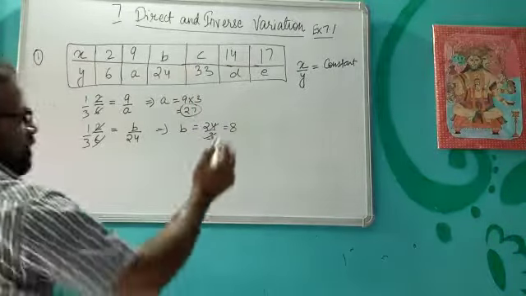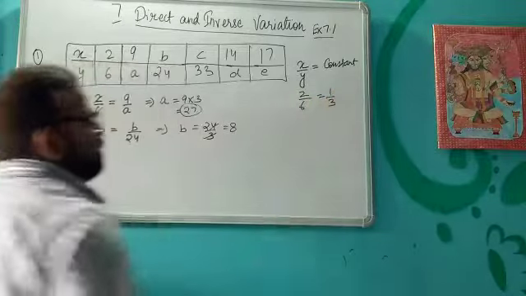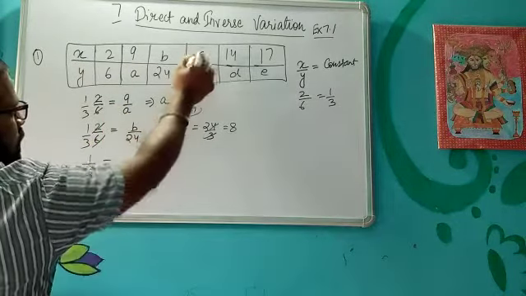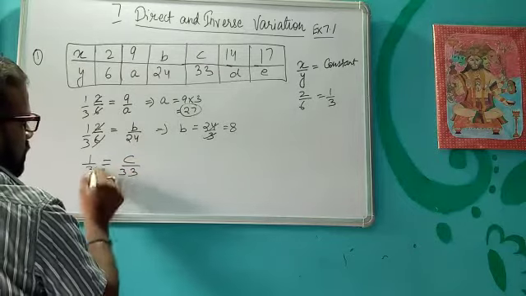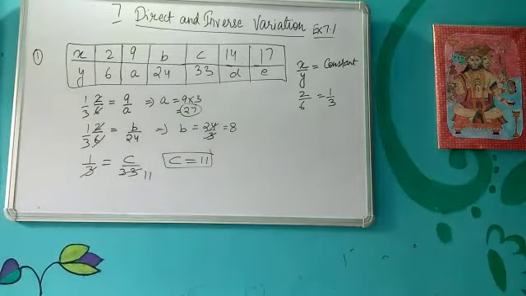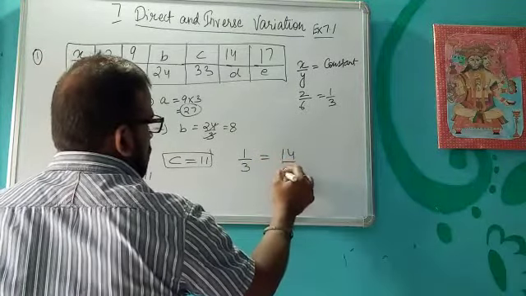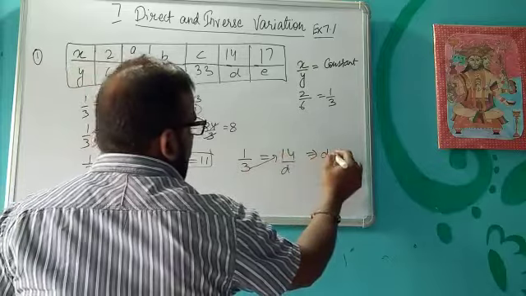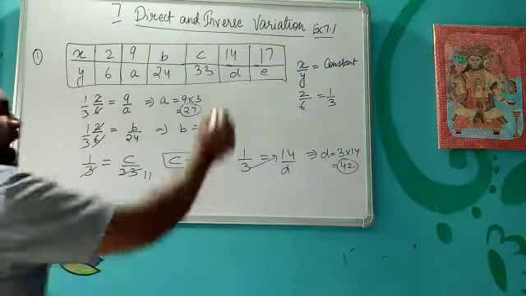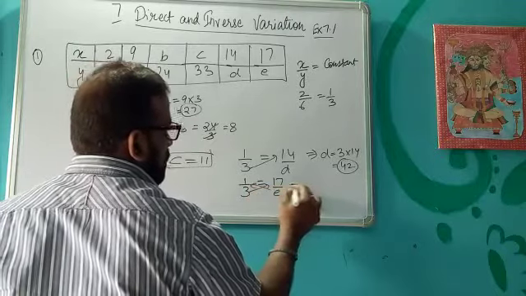Another way to solve, we can calculate the ratio. 2 upon 6 will be 1 upon 3. So this constant we will use. So we can use it like this: 1 upon 3 equals c upon 33. So this will be cancelled. We will get c equal to 11. Similarly, for d we can use 1 upon 3 equal to 14 upon d. So cross multiply. d is 3 into 14, that is 42. And for the last one, 1 upon 3 is equal to 17 upon e. So for the cross multiplication,